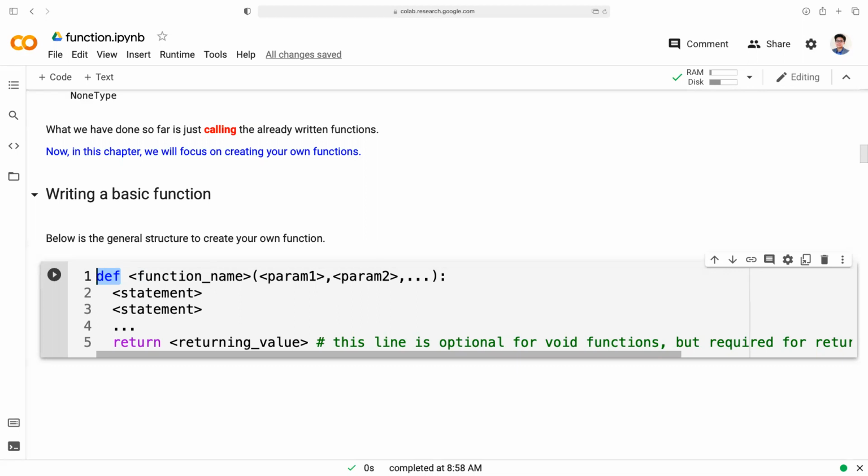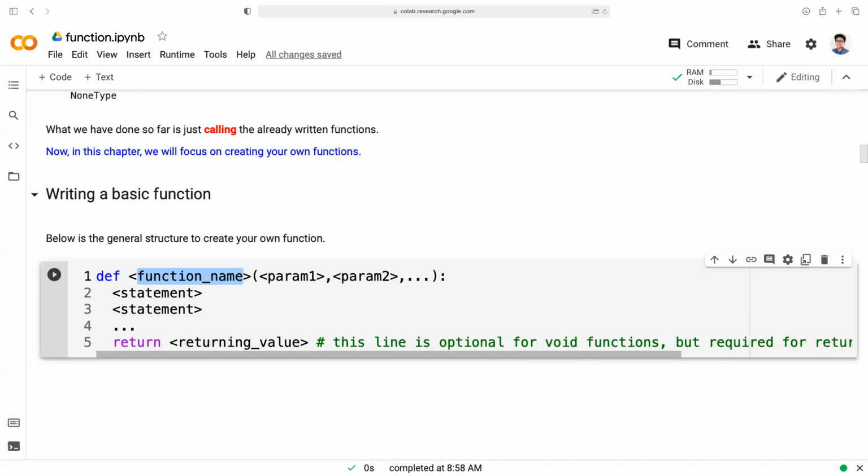So when we want to have a function, we need to define it first. So we define it in this way. We use def, a space, and then followed by the function name. When I write something in brackets with this symbol, it means that you can replace the text inside with your own text. Okay, so which means you can have your own function name. You can name your functions with any name, but you need to follow the